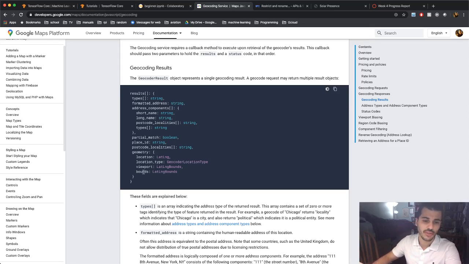We're gonna try to use the bounds to draw out the border of the property, and the viewport will allow us to take an image of that property,